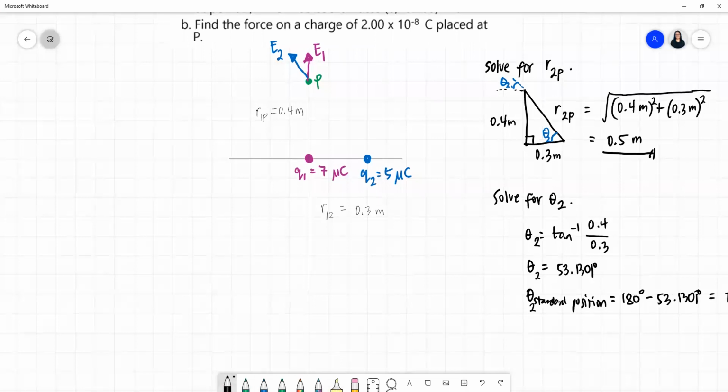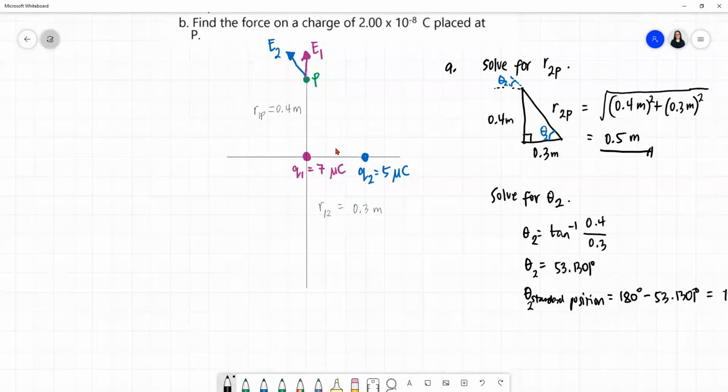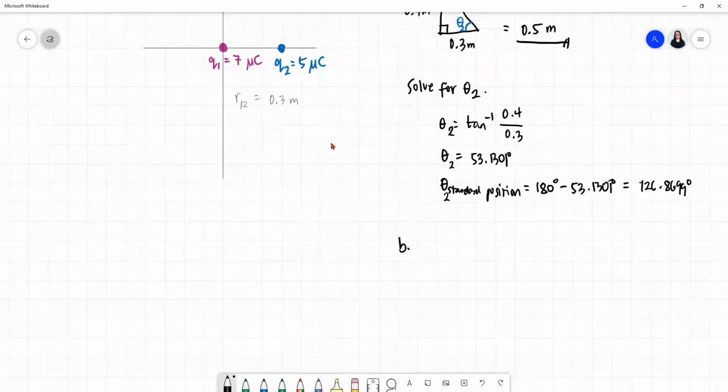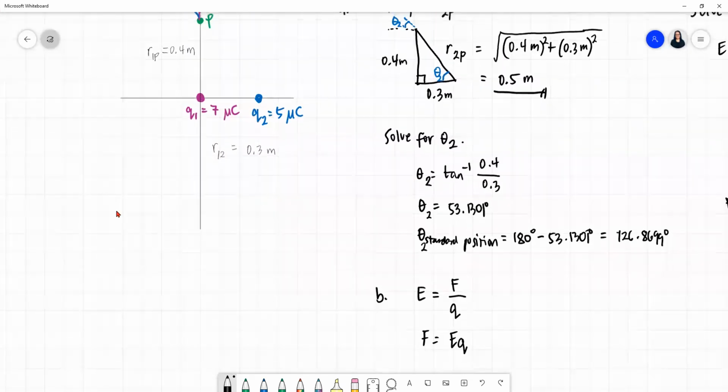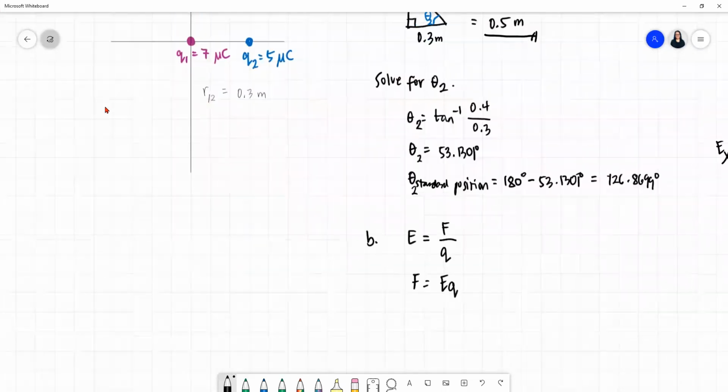So this is for letter A. For letter B, we have E equal to F over Q, right? So we need the force. The force is actually the product of electric field and charge. So if the charge is 2 times 10 to the negative 8 coulombs,